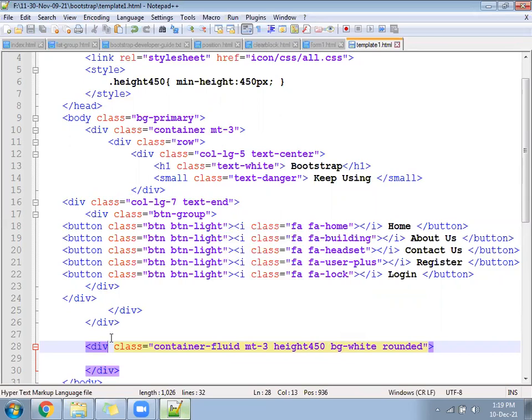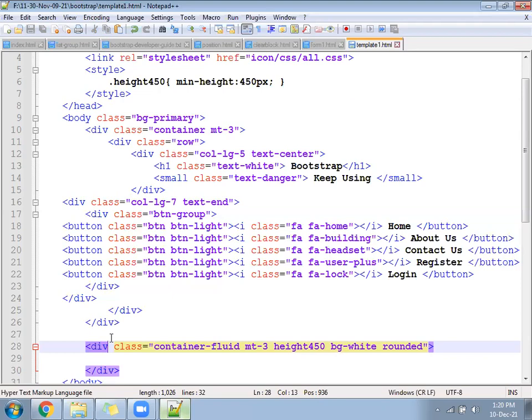See, Bootstrap is a design. Till now I'm not forcing you to learn anything extra. Till now we have used a few classes, and in this page we used only those classes that we have written in the notes. Font awesome we have used, container bg primary we have written and used here, and the button related classes we have written and used here.